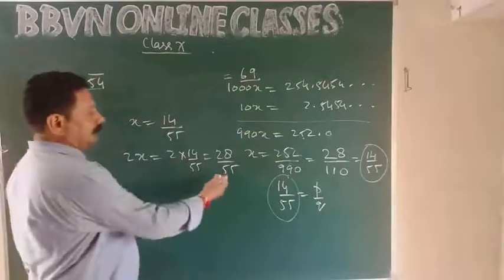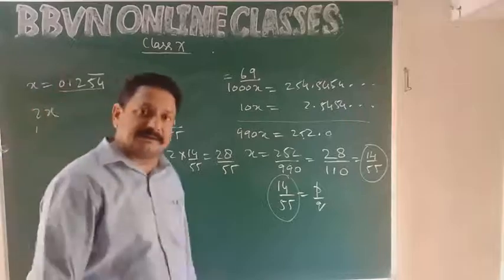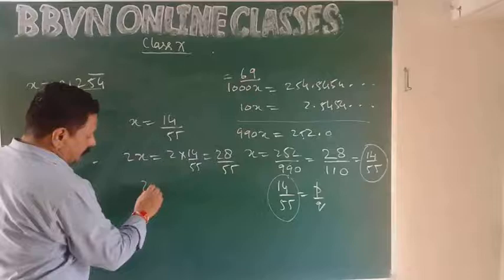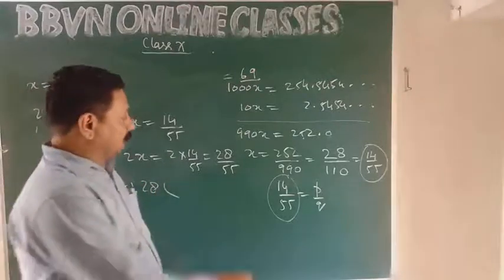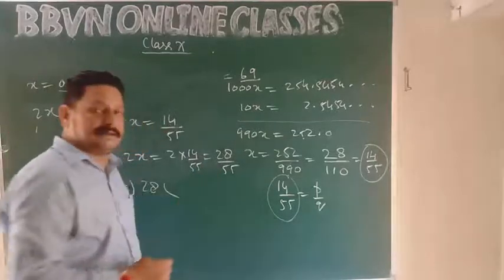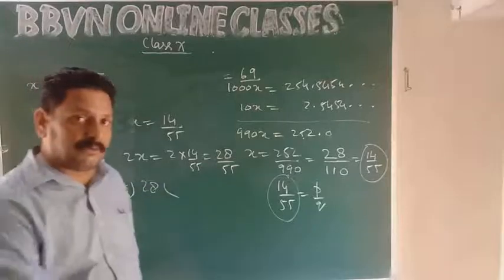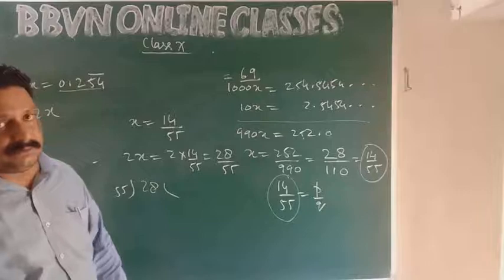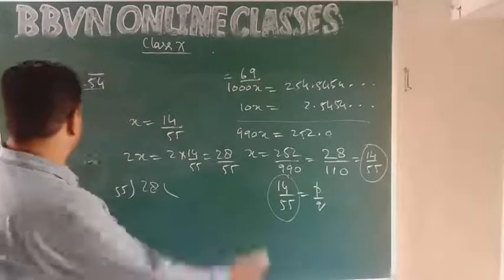तो डिवाइड कर लेना 28 में 55 को और रिपीटिंग डेसिमल के फॉर्म में एक्सप्रेस कर देना इसको. आई होप यू गॉट इट. 28 divided by 55 कर लोगे आप, है ना. So if the question says कि find 2x not in the form of rational but in the form of not in this form p upon q but in the form of repeating decimal, तो वैसे करके निकाल देना. Understood? So all the questions of this type I hope you can solve it, right?